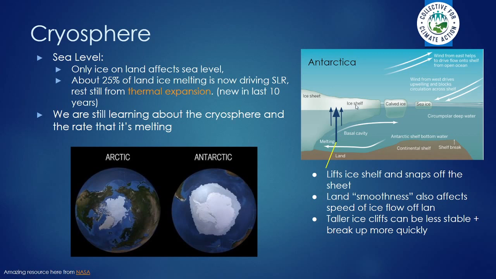And what happens is, because this shelf is stuck to the edge of the ice sheet, it's still being forced into the water and it wants to float. So this thins away, it cracks off, carves off into big lumps and floats off into the sea. And as that cracks off more and more, you get bigger and bigger ice cliffs. And these are becoming something that we know to be more and more unstable, and they're much more likely to break up. So that's something that we've recently started to understand.